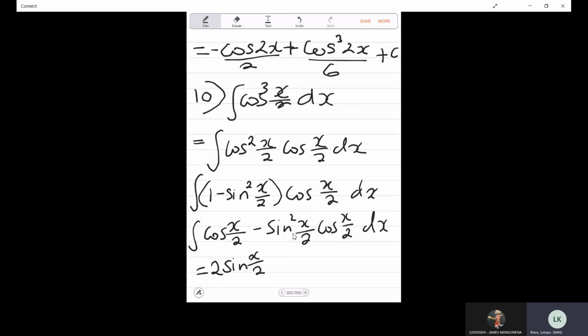So this is minus sine to the power of 3 of x over 2. When we divide it by 3, that's the first part. When you have u to the power of 2, when you integrate that, it's u to the power of 3 divided by 3. And then you have to divide by the derivative of x over 2. So we divide by half, which is the same as